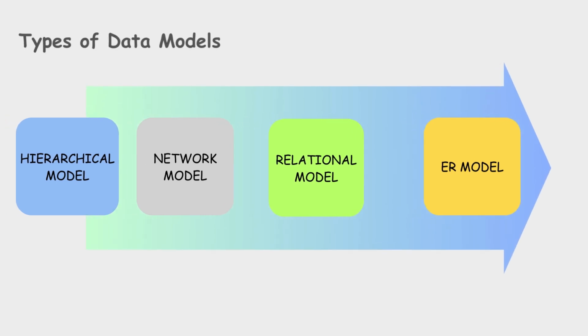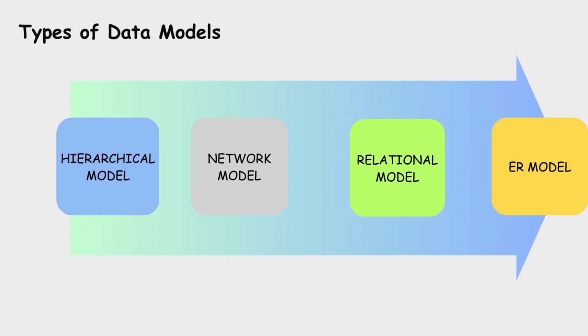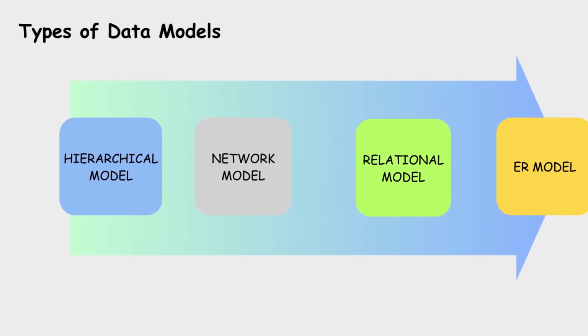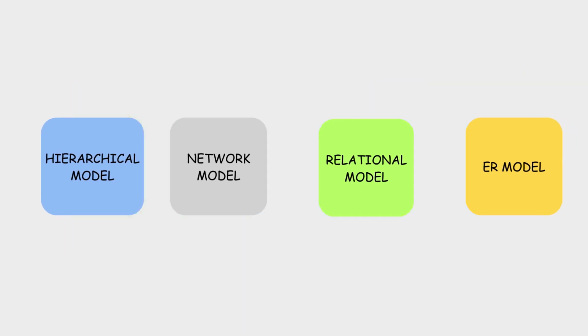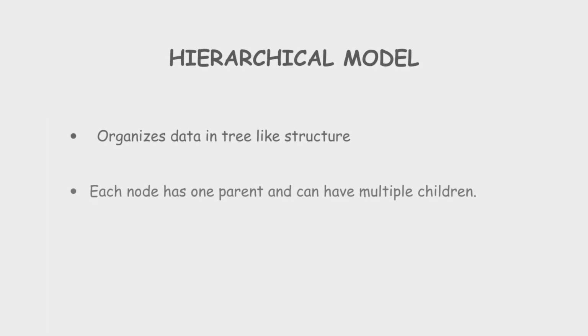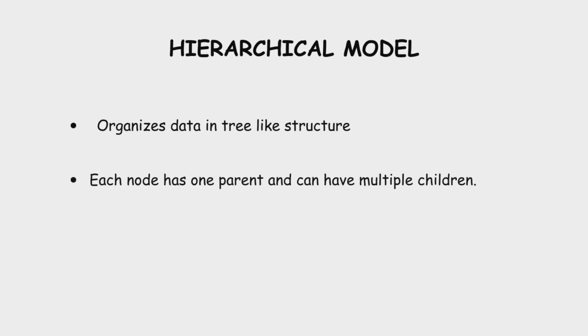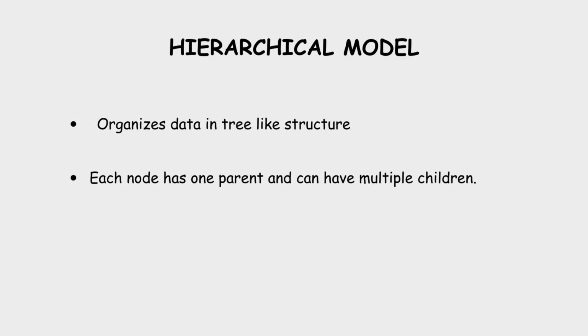There are different types of data models. Here we discuss the hierarchical model, network model, relational model, and ER model. First of all, we discuss the hierarchical data model. A hierarchical data model is one of the earliest data models where data is organized into a tree-like structure. This model establishes a parent-child relationship among data elements where each child node has only one parent, but a parent